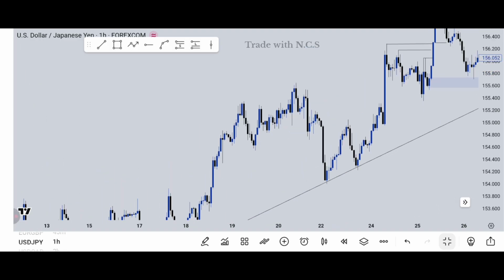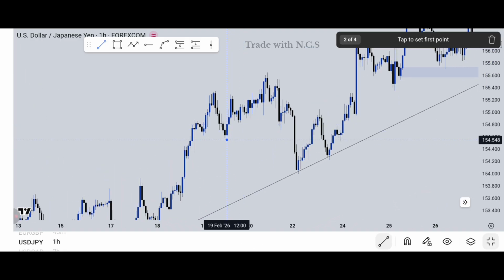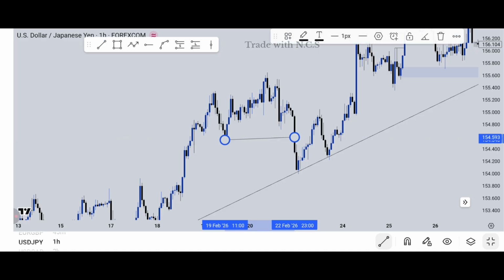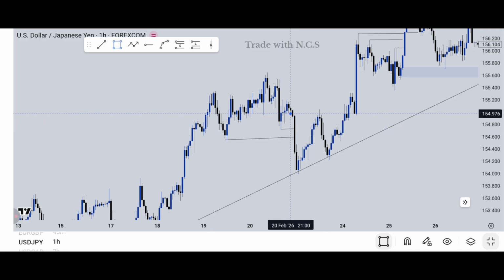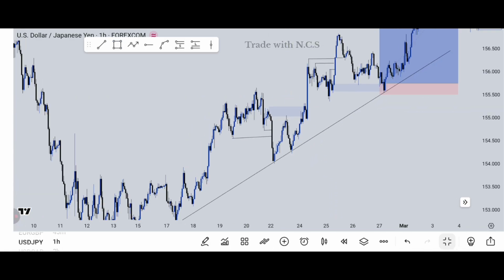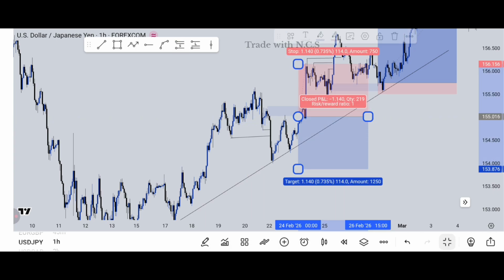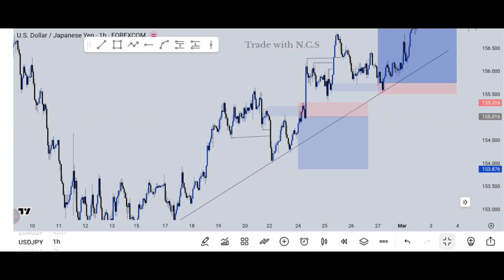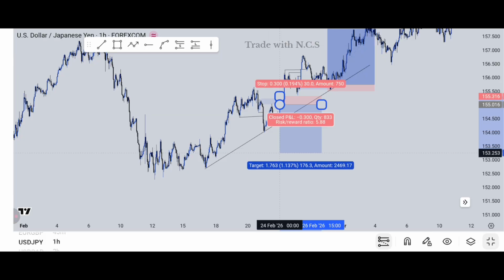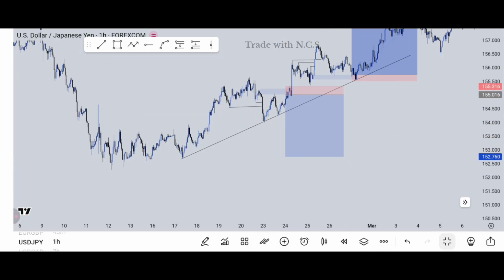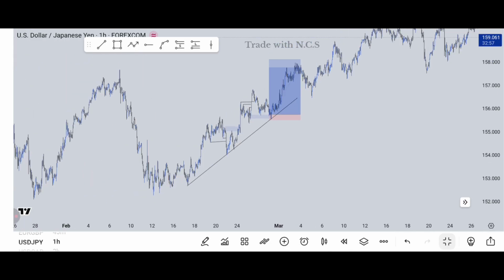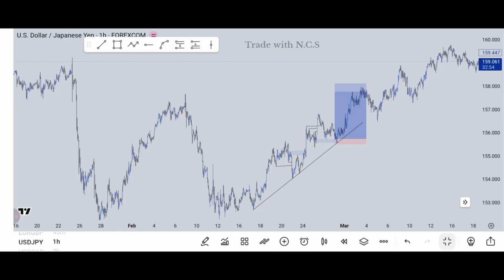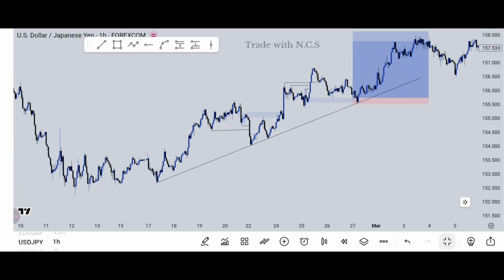Take a look at this region. We had a double breakout structure here. First break right about this region, second break right about this region, and this is another block. Price then broke with an impulse. We've taken our loss with pride. So this is why you should always take this double breakout structure in line with your trend. Don't go against the trend. Take it in line with the trend.